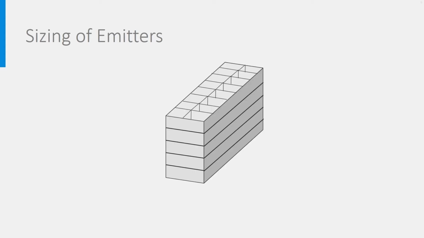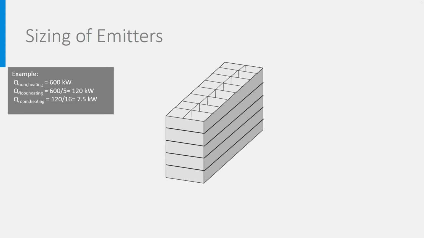In another course and during week 1, you learned how to estimate the heating load of a complete building as the sum of transmission, ventilation and infiltration, solar gains and internal heat gains. Let's take again the same building as previously and imagine you have calculated the needed heating capacity, which is the maximum nominal load during cold weather. Imagine this total heating load is 600 kilowatt. There are 5 floors. Imagine there are 16 rooms per floor and they all need the same quantity of heat and we neglect the corridors.